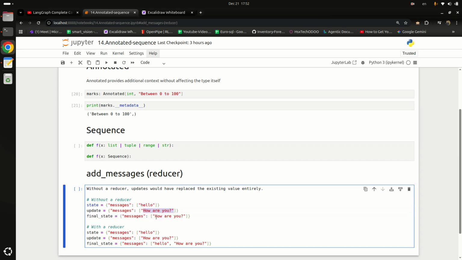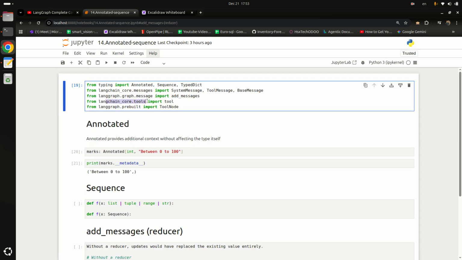Our final state will be just how are you. This message will replace the previous message. But when we use the reducer, in the start we have only hello, then we add this message, how are you? Then our updated or final state will be hello, how are you. Now we have the previous message as well as the new message.